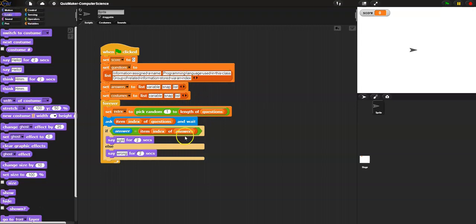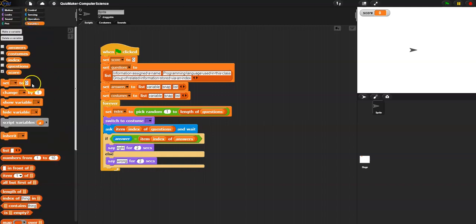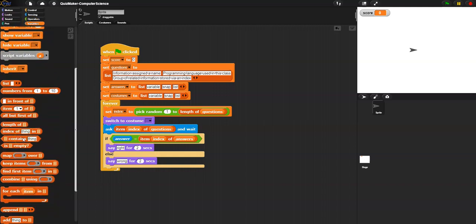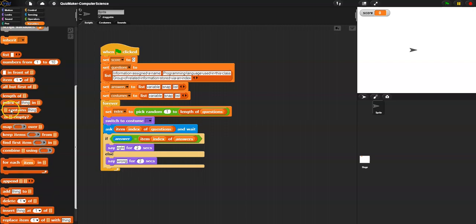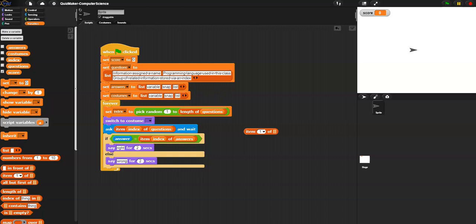I am going to change the costume of the sprite based on what question is selected. So I have to be sure to do this after a question is picked. This index picks a question. By the way, the costume block is located in looks, at the very top of looks. Then I'm going to go to variables, and use that block of code we use a lot, item blank of a list. I could use the halo, but I'm going to build it first, just so it's clear what I'm doing. So item index